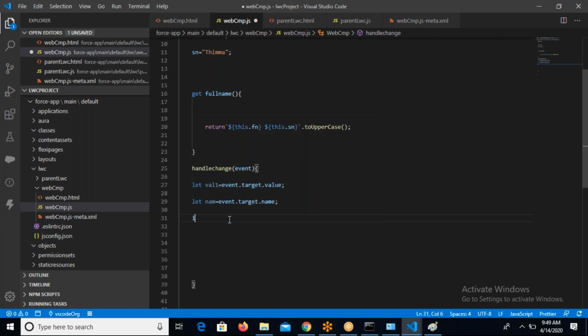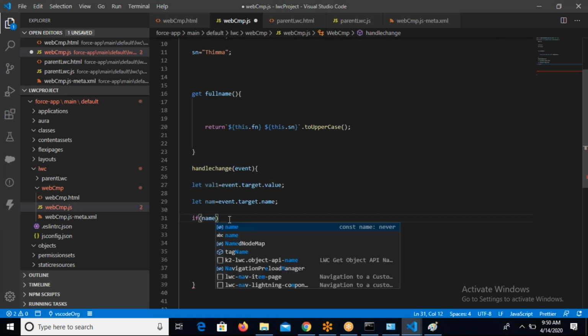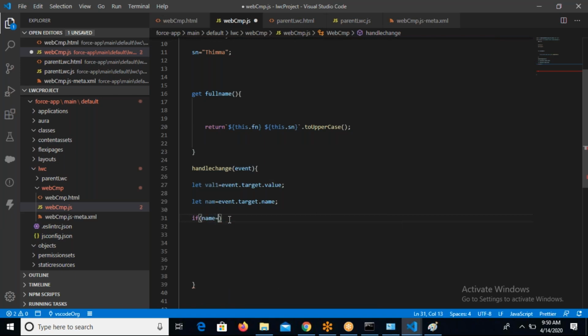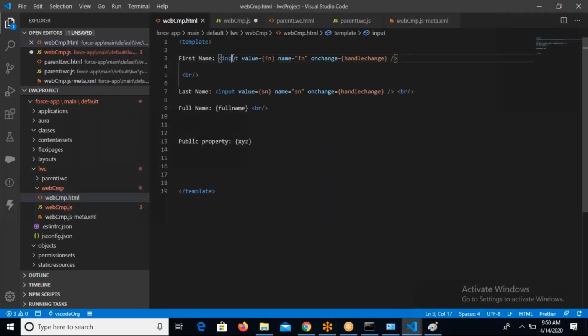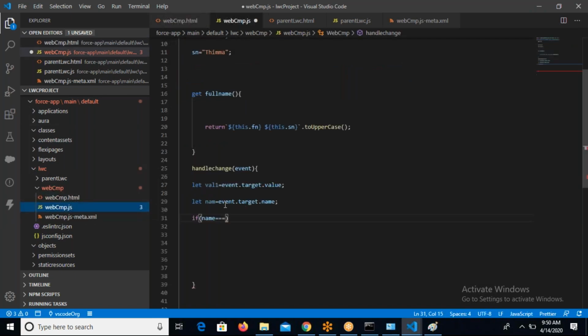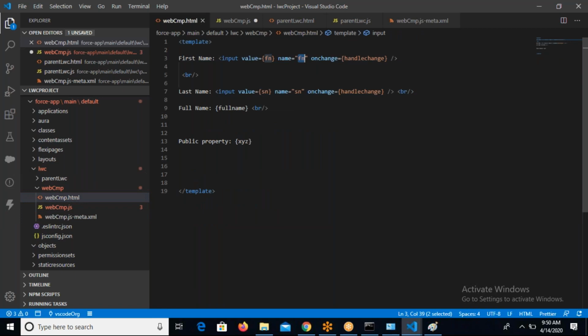So I will use one if condition, name equal to... To compare it, what exactly do I have? Two elements. One input element is this, another input element is this. I have only one method, which is handleChange, so I need to identify which one I am calling. For that reason I am using event.target.name, which brings either fn or sn. So here I have fn,